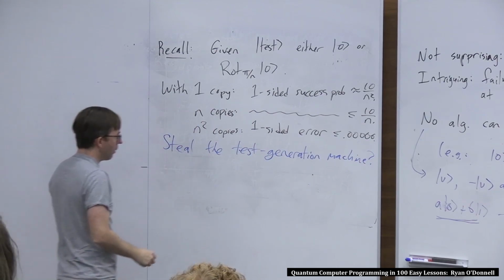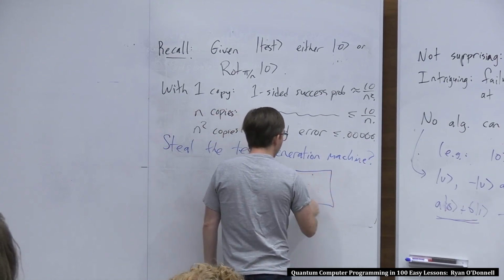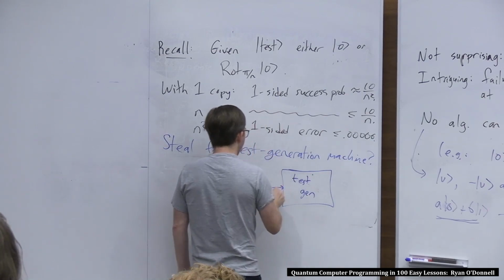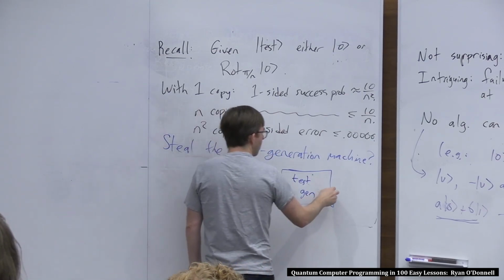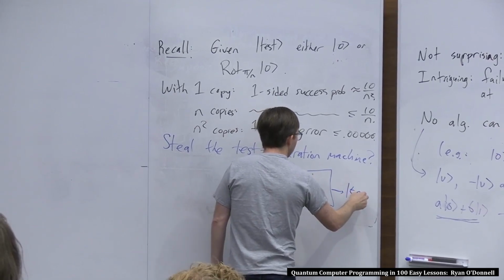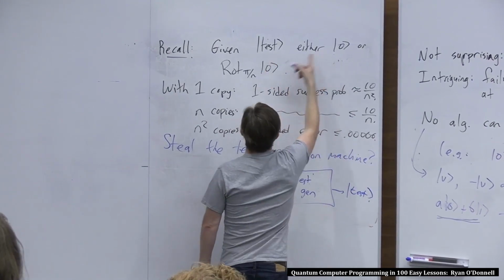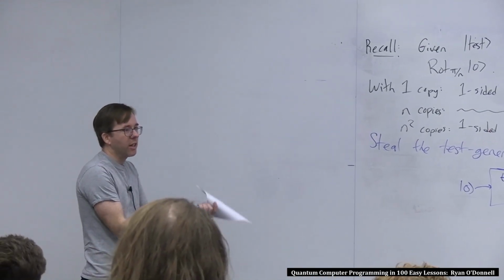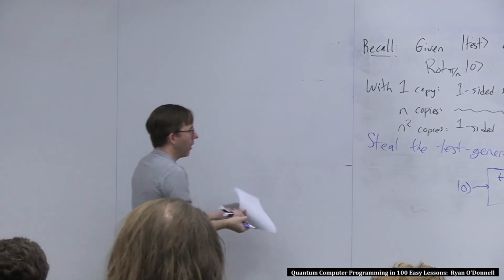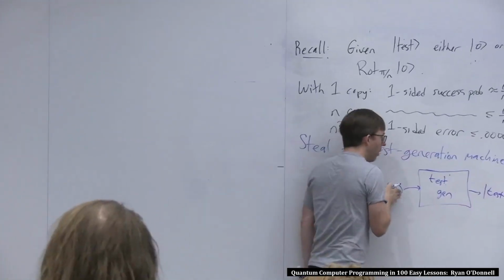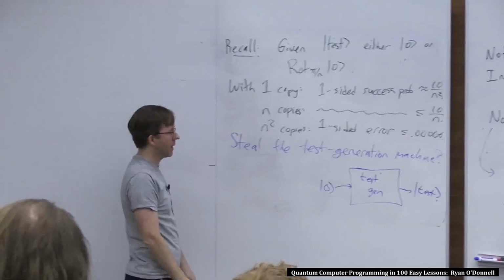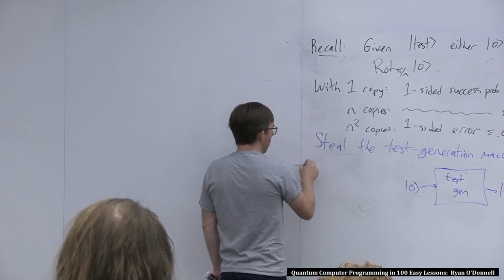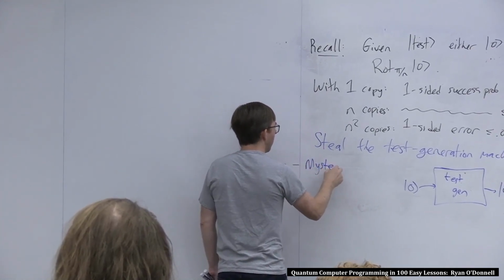Possibly, when they're making the test, they have some algorithm, test gen, that takes in one qubit and spits out the test, which is either this or this. Maybe you find it and it's a physical black box. You're like, dang, I can't figure out what the test is. I could pump in qubits here and get out copies of the test, but I can't figure out what it is. Or maybe you somehow get their source code,